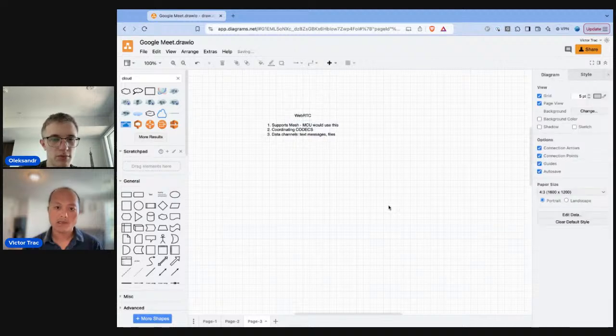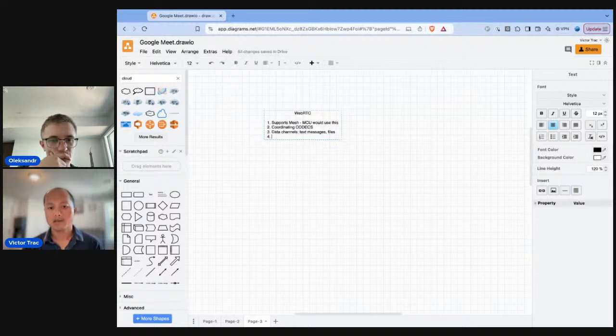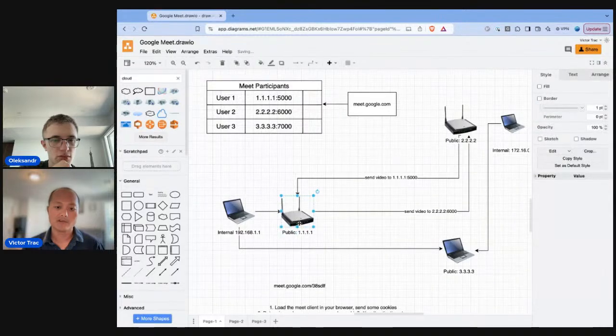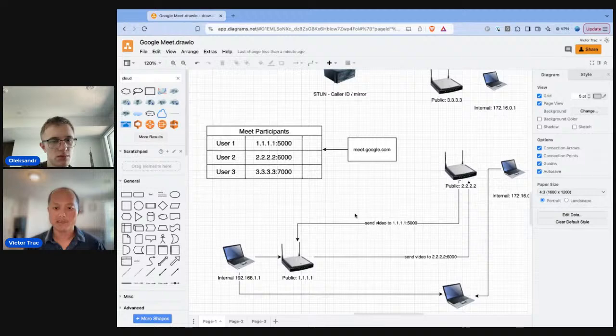And it supports handling STUN and TURN. I actually forgot to talk about TURN. STUN is how we discover each other, but there's also TURN. So I want to go back to here. There are some cases where users have very restrictive firewalls, and even though you use a STUN server to get your public IP's port, the response coming back would get blocked by your gateway, right? Your router. So basically, what happens there is